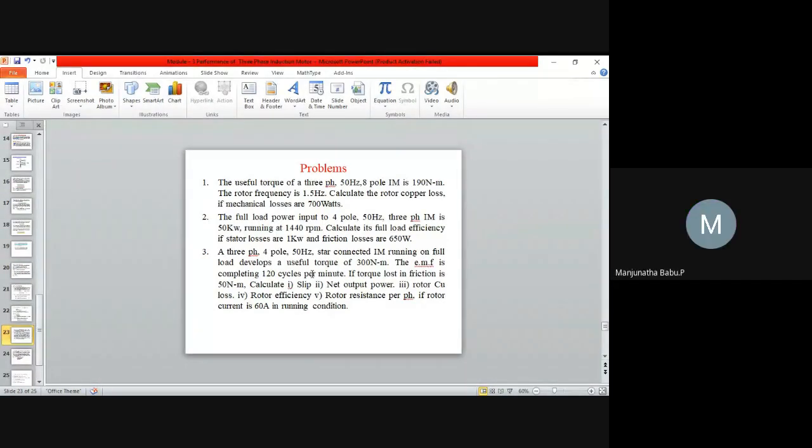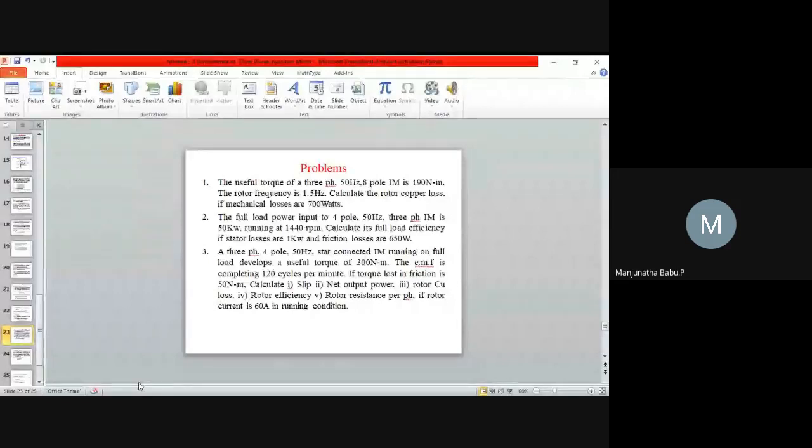That is the net output, 7536. What you will be getting will be the net output. P output is equal to 300 into 2 pi, N is 1440, divided by 60. That gives 45.238 kilowatts. So output power is